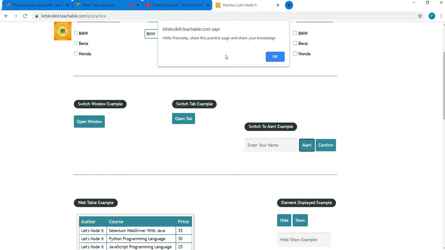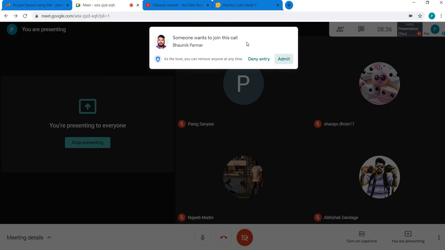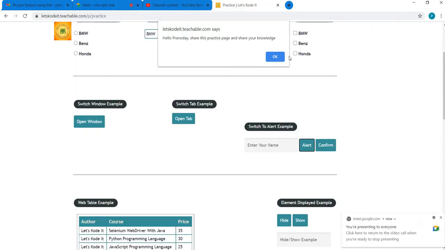So we should know how to check the error messages or warning messages shown in these kinds of alert boxes, right?